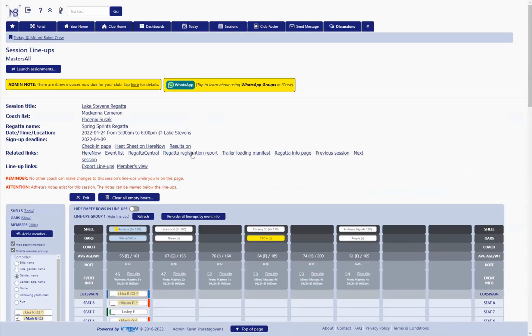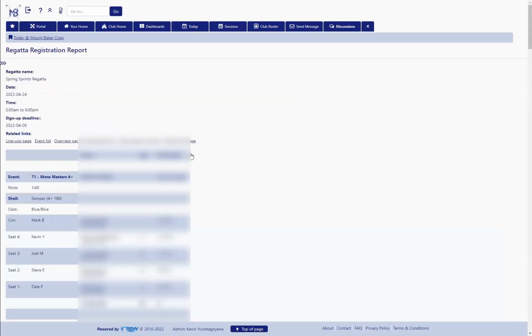Another handy feature is this regatta registration report. Unfortunately, you spend all this time getting lineups set, and they're sitting here in iCrew. It'd be nice if Regatta Central had an interface that they could be uploaded, but they do not. I've talked to them many times, and they've got a number of reasons why they can't support it. So unfortunately, somebody does have to sit on the Regatta Central site and get all this data loaded in for the regatta. So here, this regatta registration report is designed to help you just get the data transferred over to